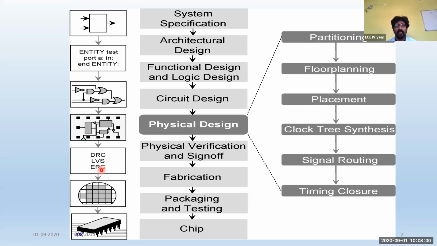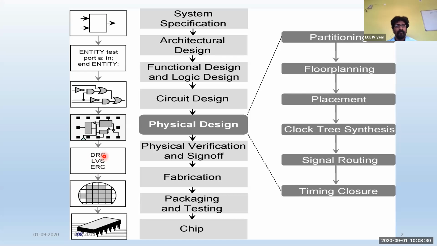and mostly we'll be using DRC and LVS with respect to RTL programming, and also with respect to the layout designing. Whenever it comes to the layout, the design rule check will tell us whether you are missing any kind of lambda rules or not. If there is any improper diagram of the layout layer, then this DRC will tell us that this particular layer is not properly designed as per the lambda rule. You're supposed to check that and we should correct that particular layer. So this is what the DRC tells.